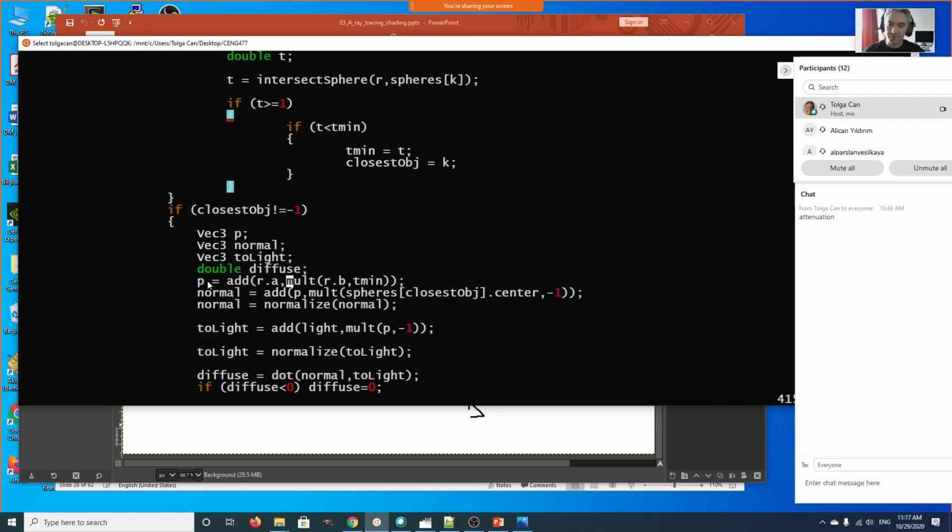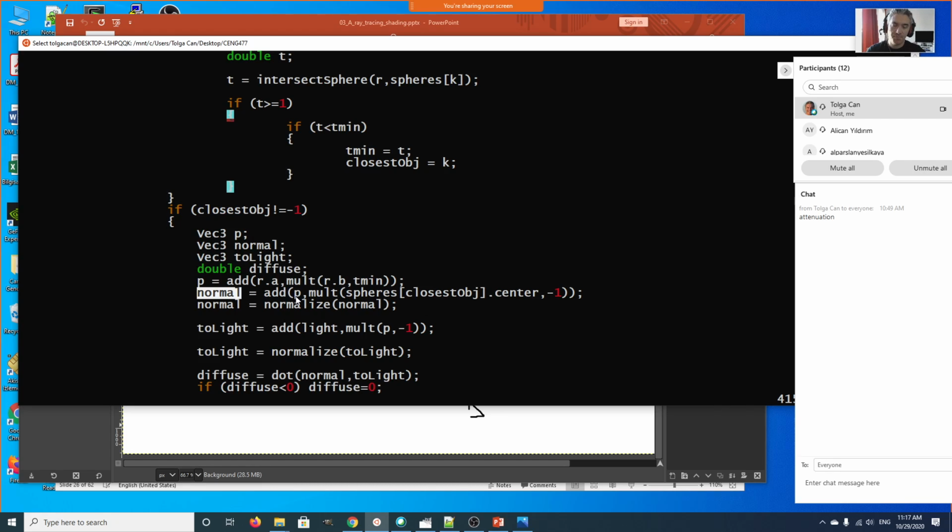Okay, so if you look at this, the point P is simply, we just plug this T into the ray equation. This is the start of the ray, and this B component is the direction of the ray. So this is basically just plugging T min into the ray equation to find the point P on the sphere. And then we find the normal vector by just